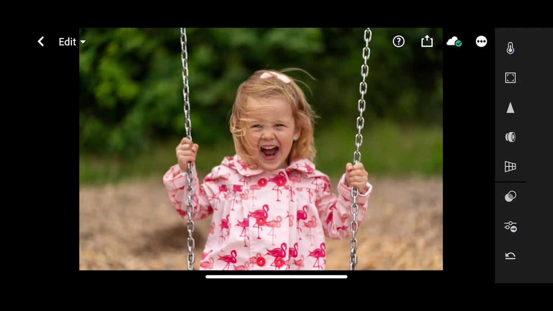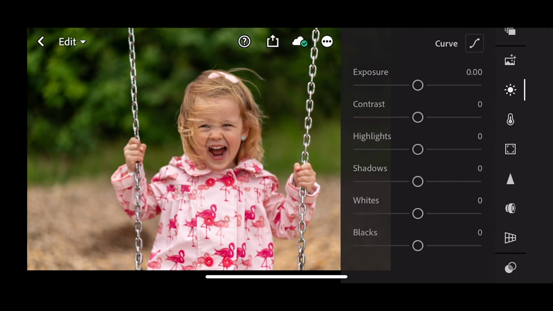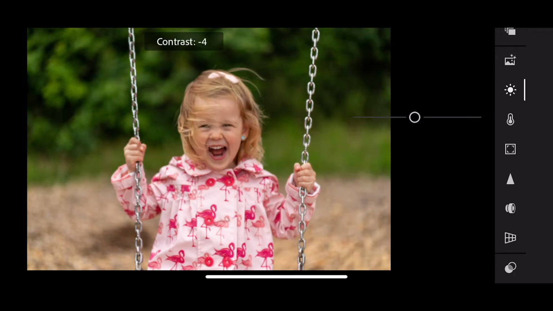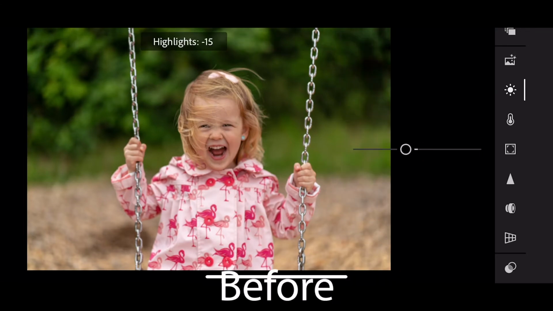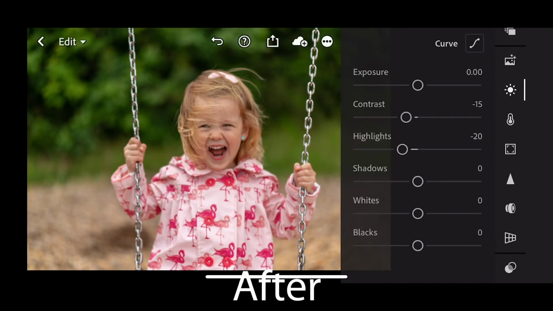So let's get started with this image. First of all, we're going to go to Light, and we're going to pull our contrast down to -15, highlights to -20, shadows +20,